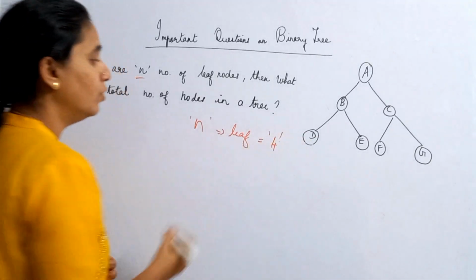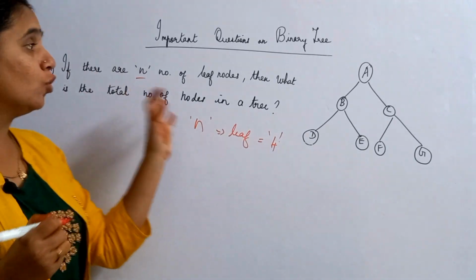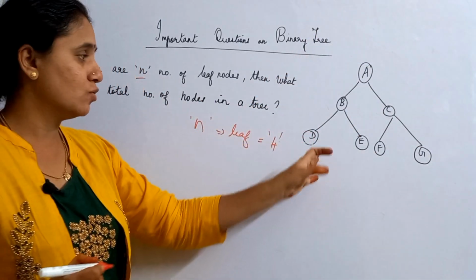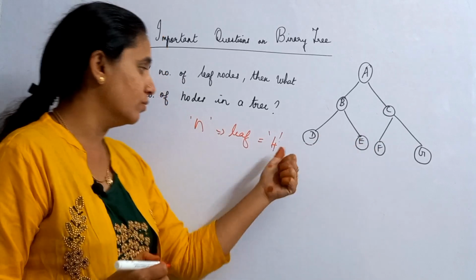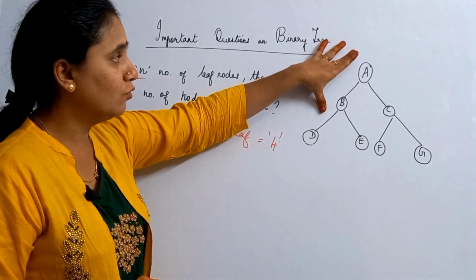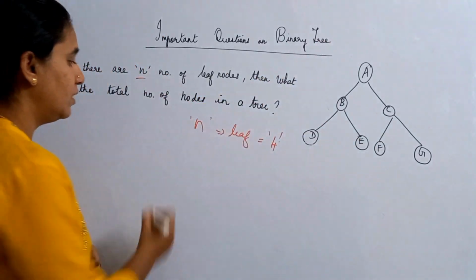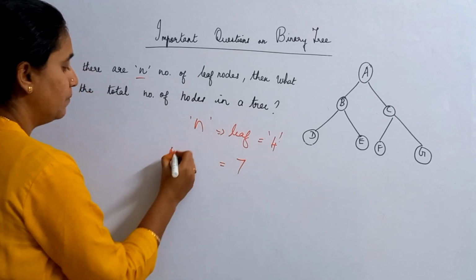So this is equal to 4. So what I must have to find? Total number of nodes present in a tree. So 4 leaf nodes, 1, 2, 3, 4, plus non-leaf nodes, which is also 3. So 4 plus 3 is equal to 7. So this is my